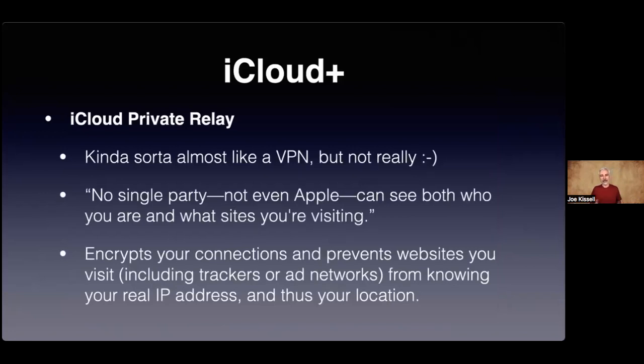It's a little bit like a virtual private network in that it disguises from the person on the other end where your traffic is coming from. So that means that if I connect to a website and this feature is on, that website can't tell exactly where I am. It can't tell like my street address. Whereas if I turn this feature off, they can. They can use your IP address to figure out exactly where you are geographically. So that's one of the things that iCloud Private Relay does.